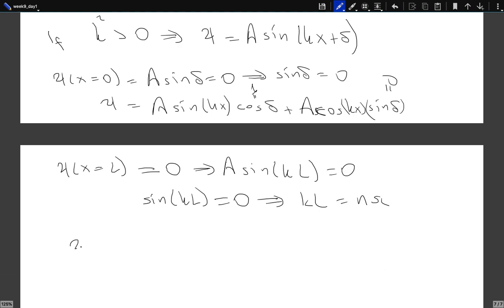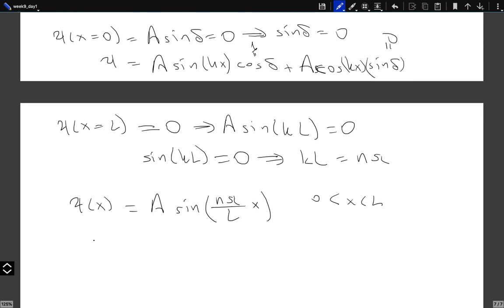So my wave function just turns out to be, inside the well, A sin(nπx/L) between 0 and L. If you like, you can just put the equality signs in any one of those. And the energy is, remember, we had defined it as ħ²k² over 2m. It's now ħ²π²n² over 2mL².